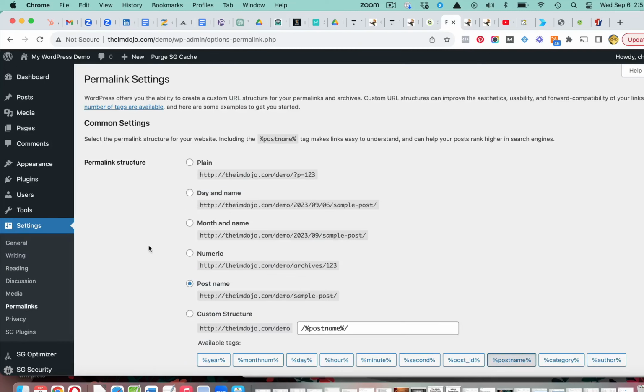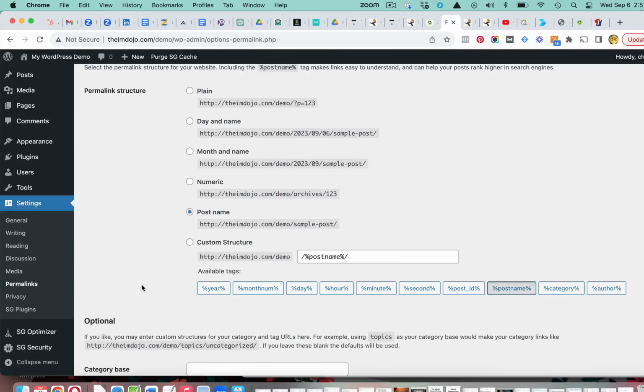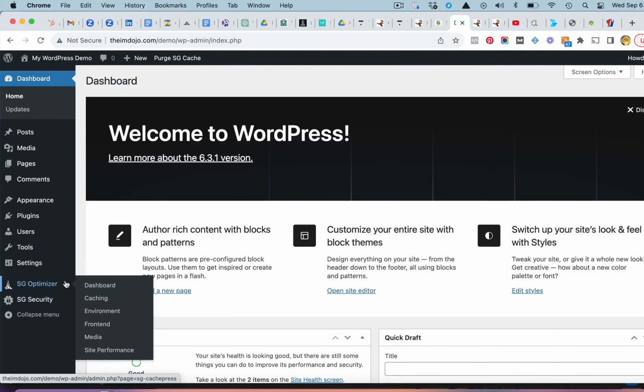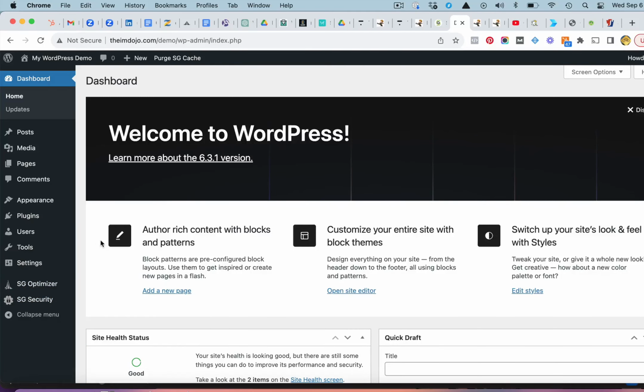Permalinks. This is important because this is what the links to your posts and pages are going to look like. Now, it used to default to this where you just had a number, which wasn't very helpful at all. Down here, post name, the one that's selected already is what I want because it's going to be the actual title of my post or page, which will help with search engine optimization, and it'll just make it look a lot nicer as well. So just make sure that's post name. And if it wasn't already set to that, you want to go down here and save that. And then down here, these last two options, SG Optimizer and SG Security, those were installed by my host SiteGround, so I'm not going to cover them in this video.